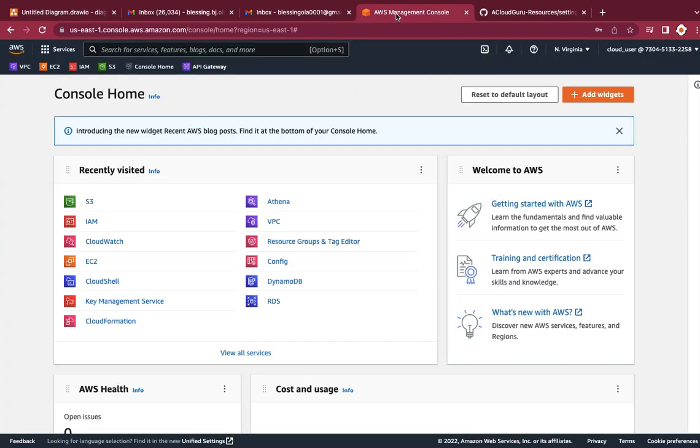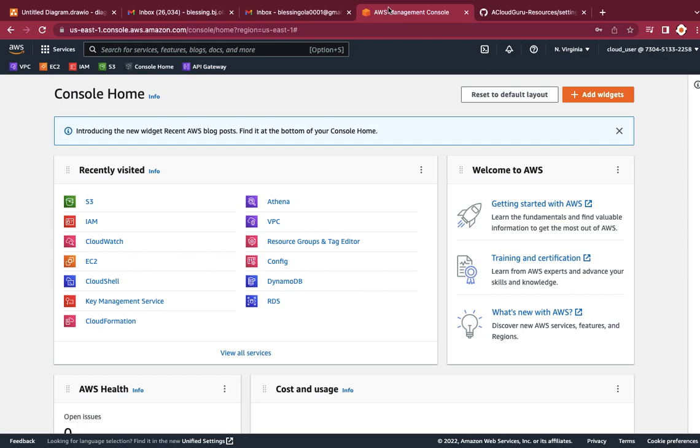So like I said earlier, there are basically three steps we're going to be taking during this session. The first thing we're going to be creating is our AWS IAM role. Then we're going to create an AWS CodeCommit repository and an SNS topic. And finally, we're going to create an AWS CodePipeline. So those are the three steps we're going to follow. To start with, we're going to create an AWS